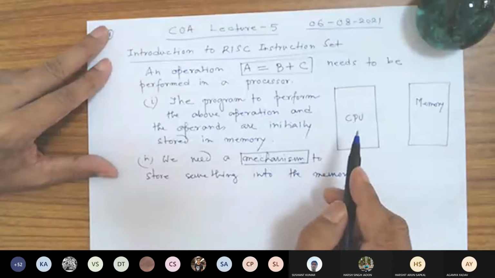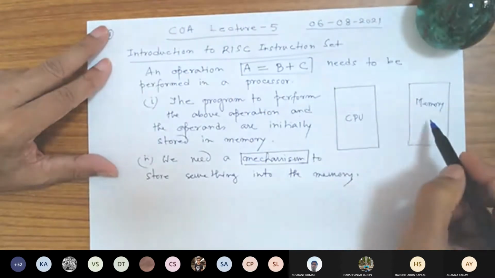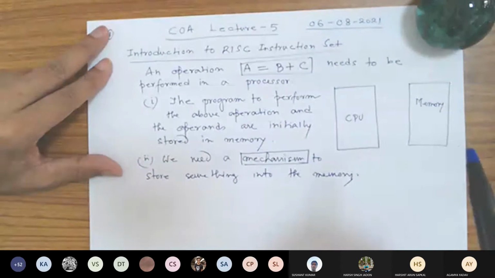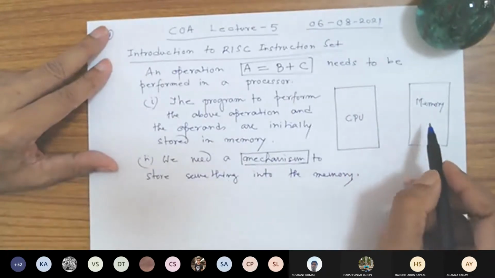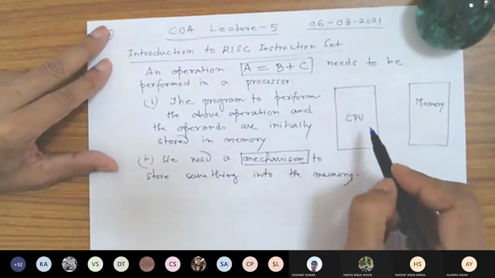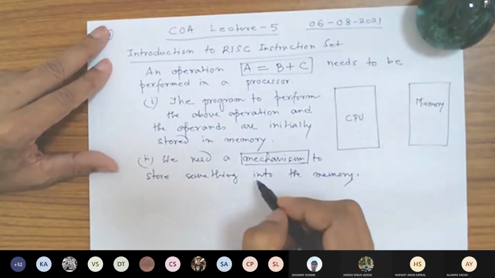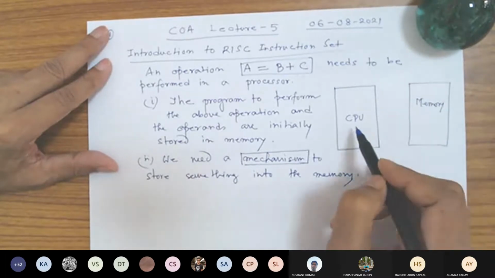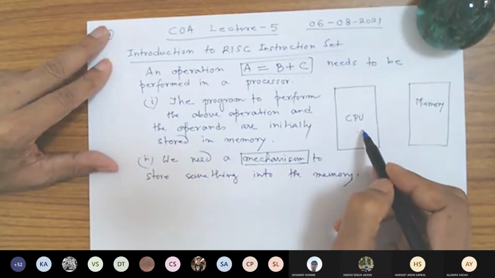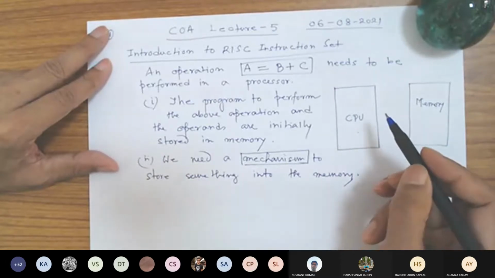It means this is the first program. This program is written into the memory with the help of the CPU. Now the question comes here. If I want to ensure that this will be executed by the CPU, I need to store a program. Now by this second logic, we need to store this program into the memory. That needs the help of the CPU. So when something is written to memory by the CPU, it's again a program.